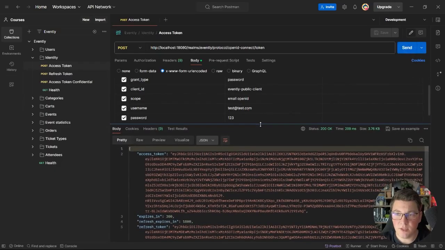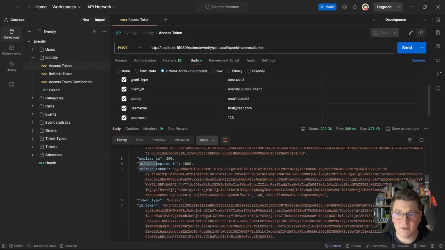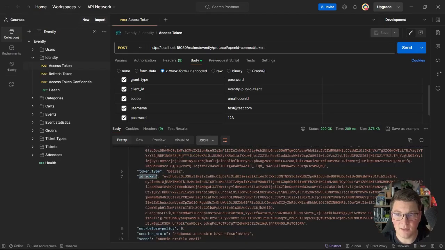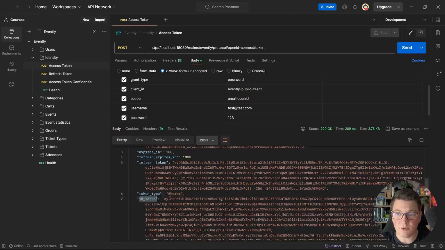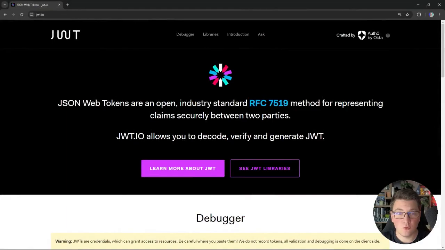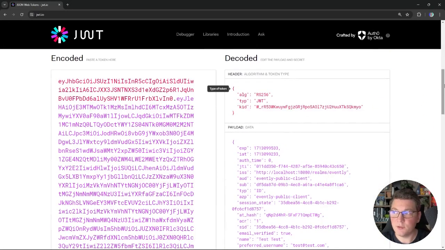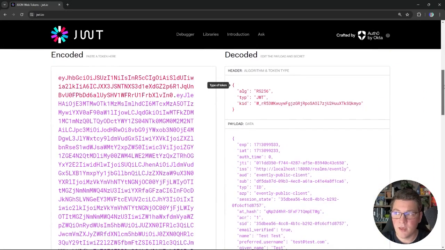And you can see that we get back a response containing an access token, when the access token expires, when the refresh token expires, the refresh token value, an ID token, and a few other values. Now let's start by inspecting the ID token. I will head over to jwt.io and I'm going to paste the ID token into the form here. And on the right side,